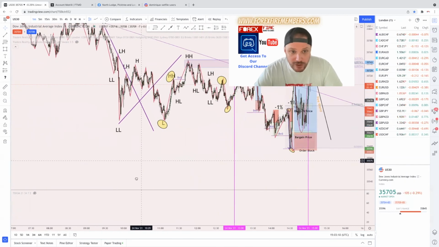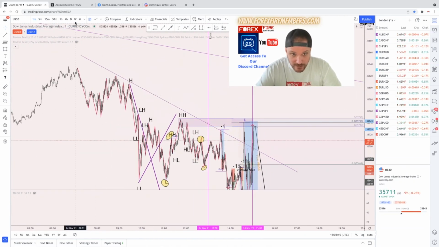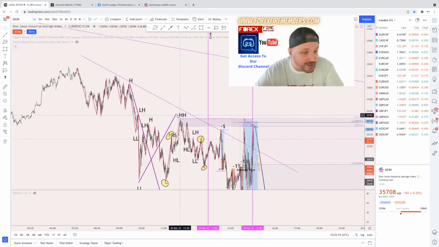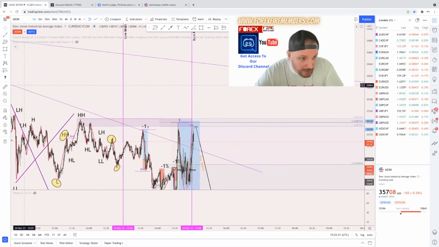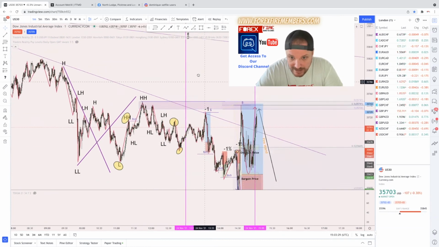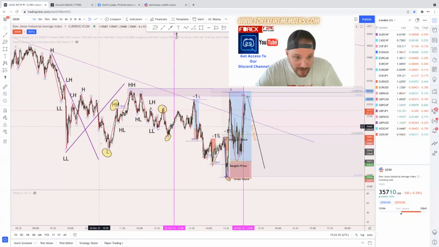So overall, looking at the bigger picture, we determined the trend coming down. There was a big trend and still is a big trend coming down on the US 30. From there, we've got our path, the structure. We spoke about how these order blocks are swing points on the top. It came back to mitigate into that 3/4 of the way into the session. From there, we started with our